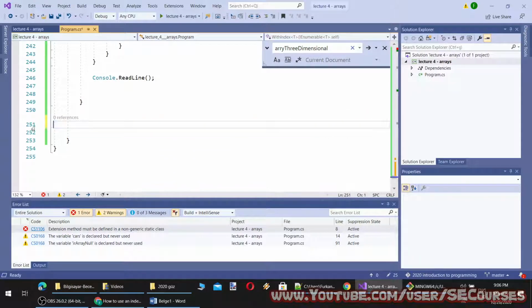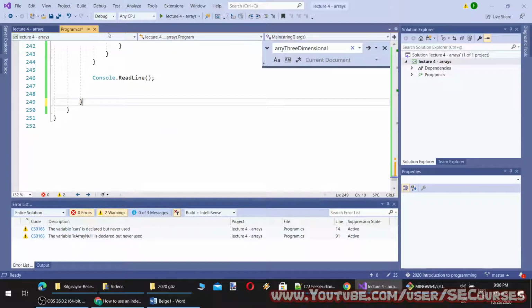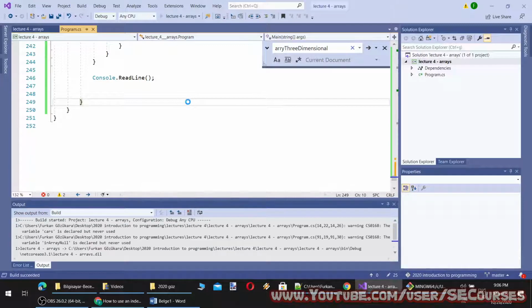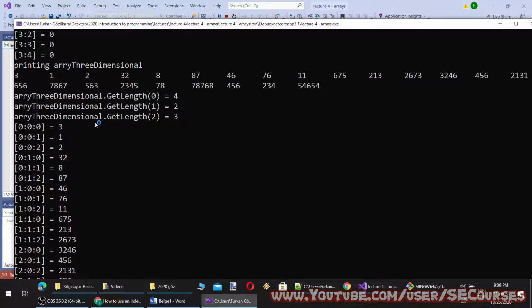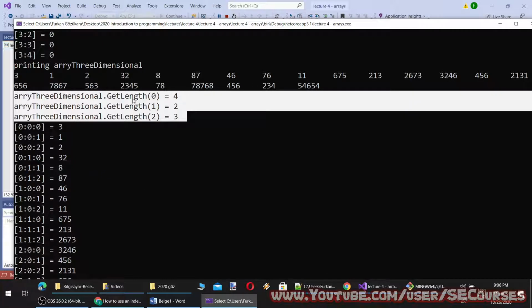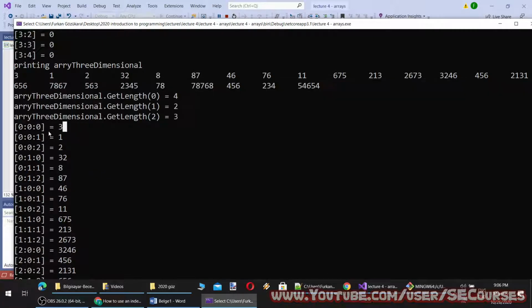I will show you next week, hopefully, how we are going to make it. So now I am able to print a three-dimensional array like this. You see 0,0,0 3, 0,0,1 1, 0,0,2 2.